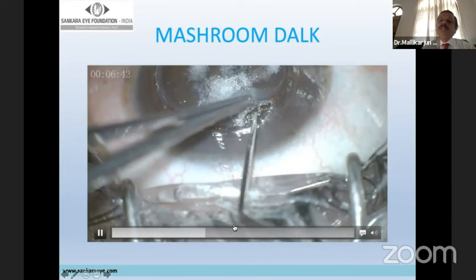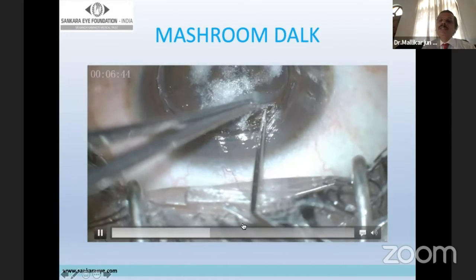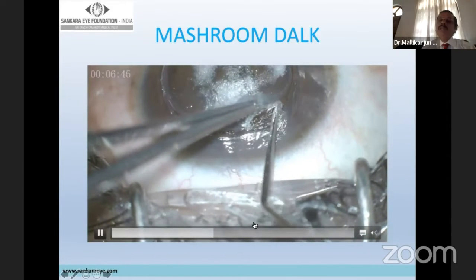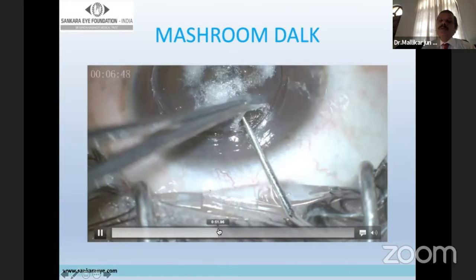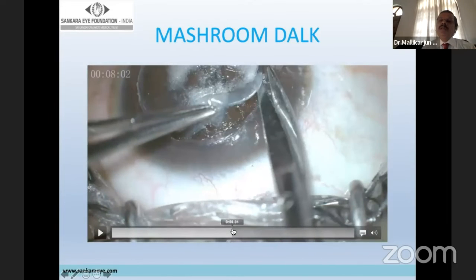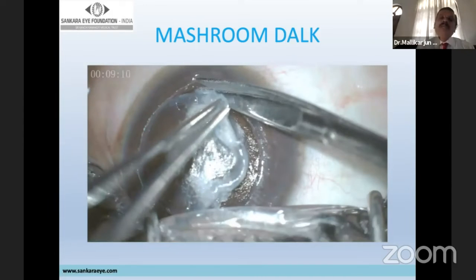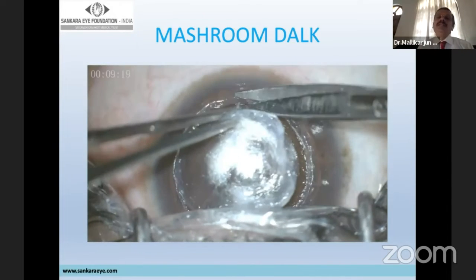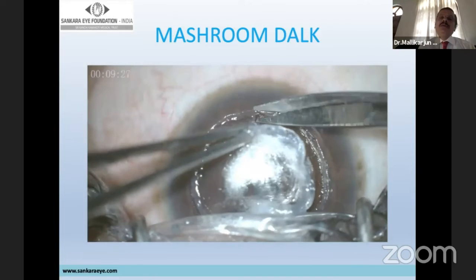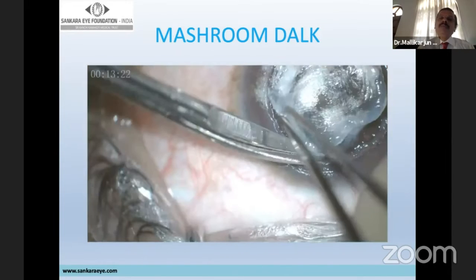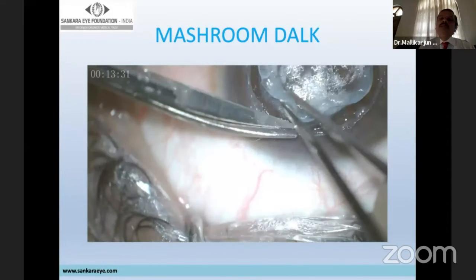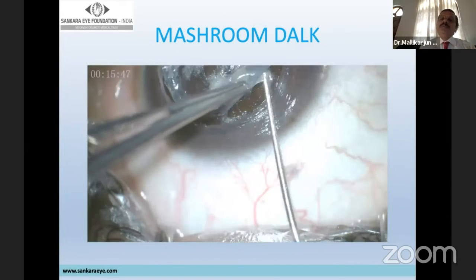Once you create that cleavage plane up to 80% of the stroma, we can engage the scissor and cut around 360 degrees so that the peripheral area of the stroma is cut up to the Descemet membrane.